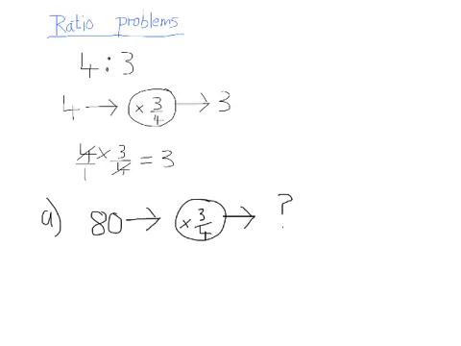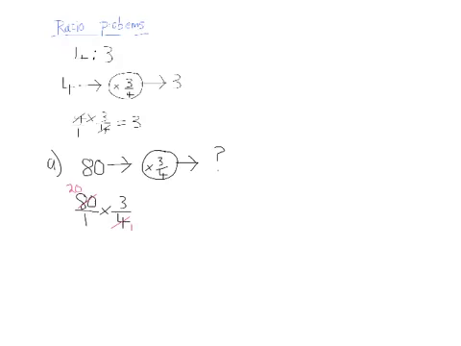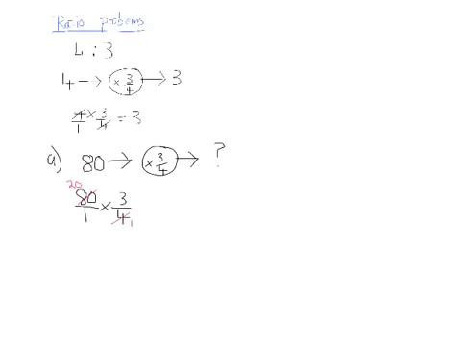So all you have to do is a simple multiplication of fractions. So it's 80 over 1 times 3 over 4. Hopefully you can see fairly simply that 4 is a factor of 80 and 4, so I'm going to cross cancel. 4 goes into 4 once, and 4 goes into 80 20 times. So all that I have left to do is work that out. So I've got 20 over 1 times 3 over 1, which is going to be equal to